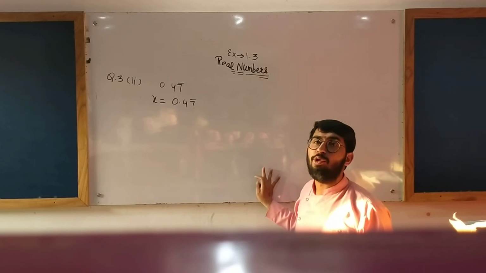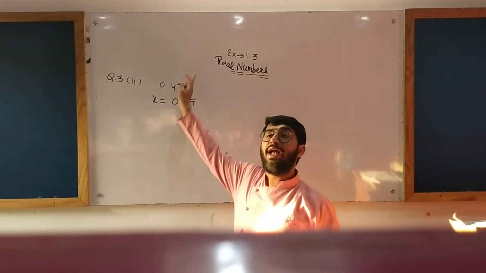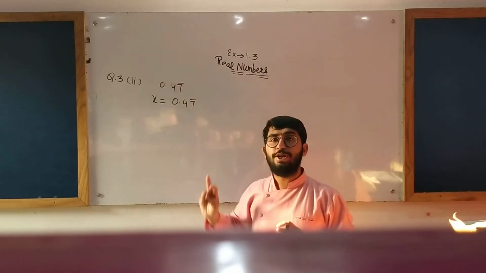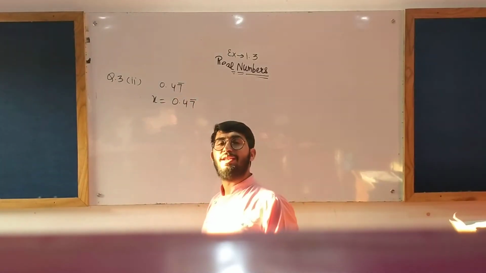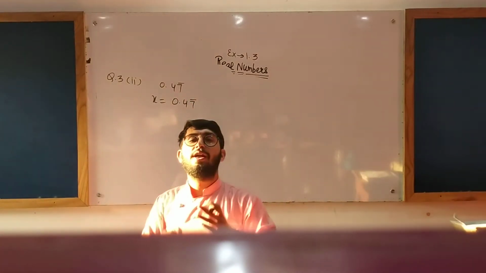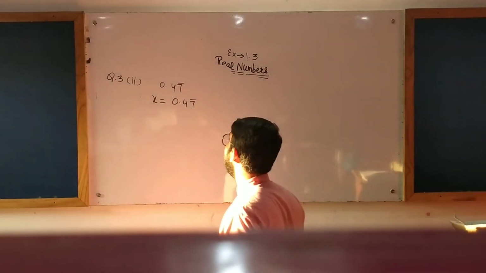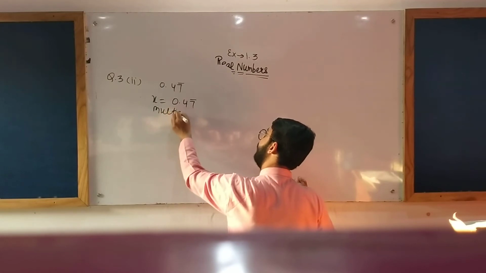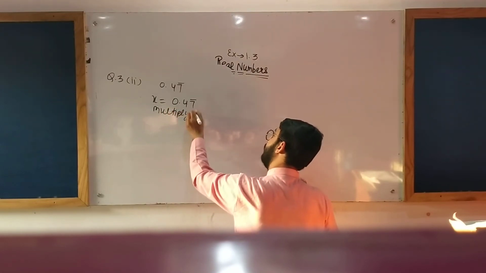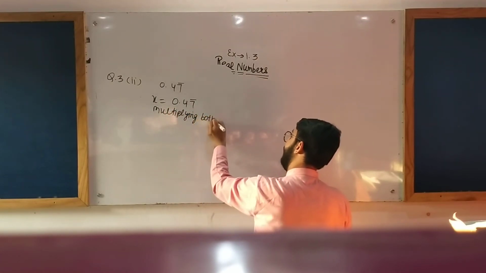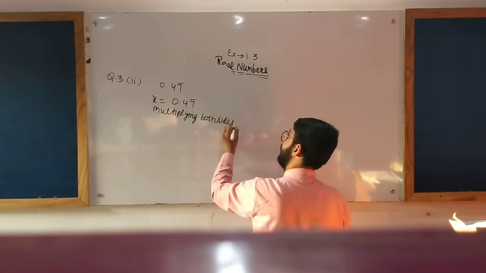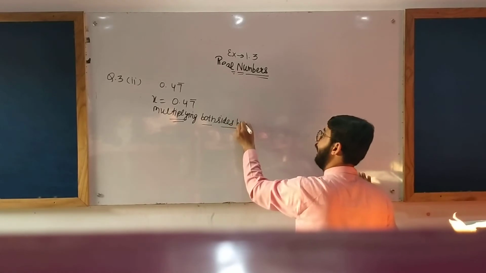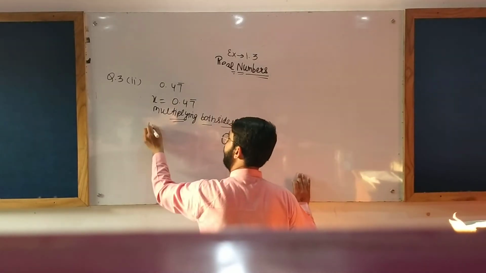First of all, we will have to shift this 4 from right to left. How will we shift? We have just learned, if we want to shift one digit just after the decimal from right to left, we will multiply by 10. Multiplying both sides by 10. This question is a little different from the last one. It will be 10x.